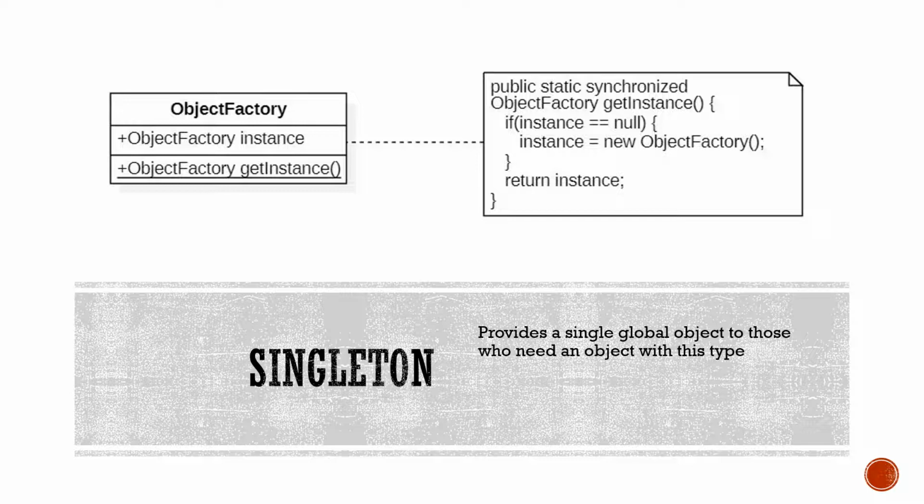and we can see the implementation using a static method to get the instance. So those who need this object can call this static method, and we also make the constructor private to make sure that no other area can instantiate this object directly. It has to use the static method to get an instance of it, and we make sure that there's only one instance in that static method.